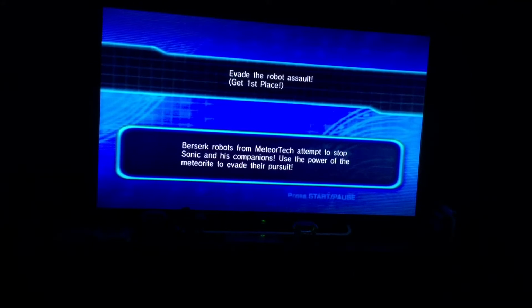Okay. So, this game starts off with, well, the cutscene I showed you. Then Sonic was falling. Now, you have this. It gives you a mission, and then a description of the mission right there. The first mission in the entire game is to evade the robot assault, which is just to get first place. Berserk robots from Meteor Tech attempt to stop Sonic and his companions. Use the power of the meteorite to evade their pursuit. They let you read it and prepare, because there's press start to pause, and I'm actually using a GameCube controller,